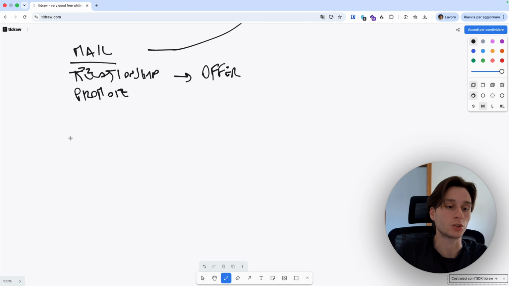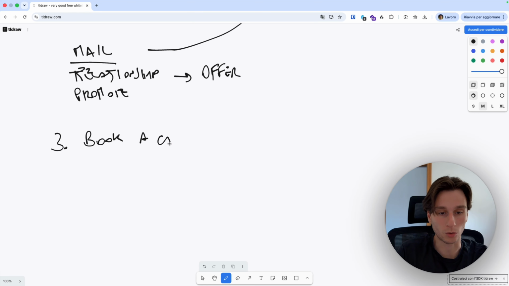So first of all, again, attract, inform, and give value. Then there is the offer and the email, and then there is the third step, which is simple: they book a call with you.